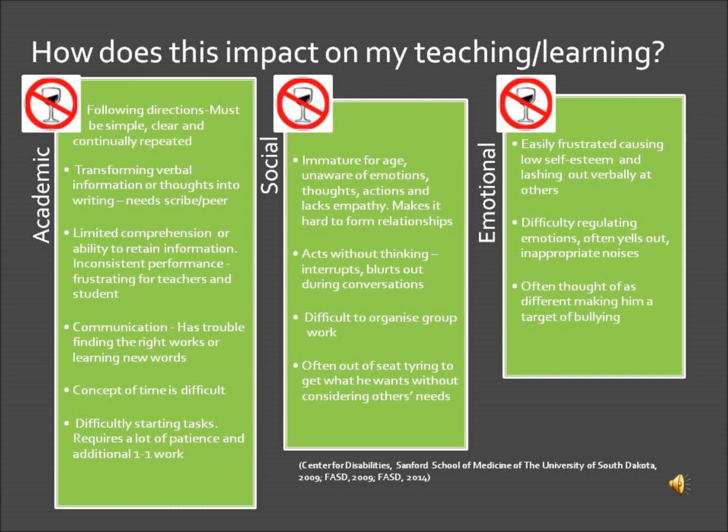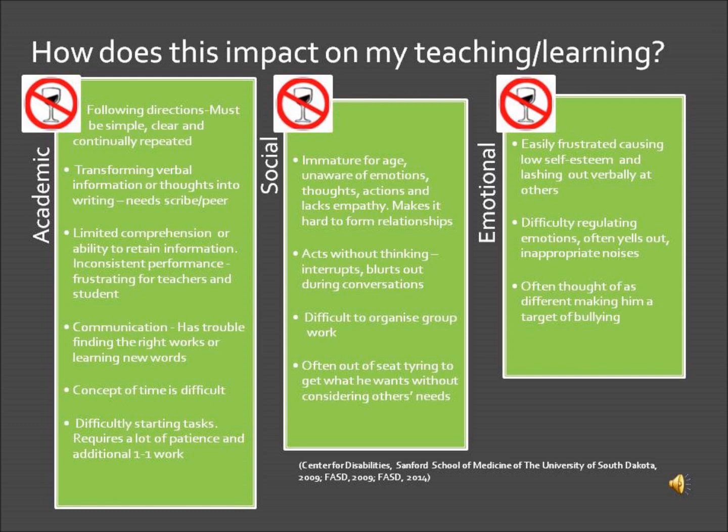Transferring his thoughts or information into writing was difficult due to speech problems or relaying information, and any attempts at writing really took a considerable amount of time. James had trouble finding the right words or had limited vocabulary, making communication strained or frustrating for him, and this often resulted in outbursts. James would often lose track of time, as time is a very difficult concept, and again missing out on learning time.